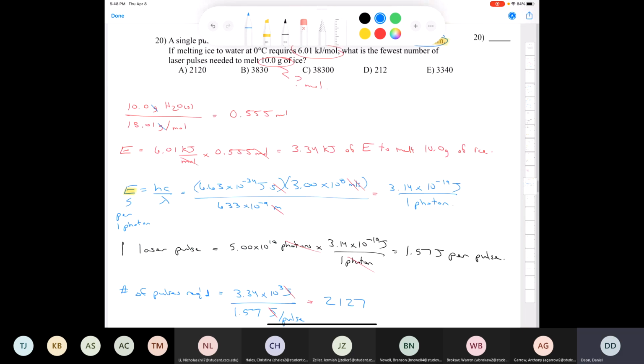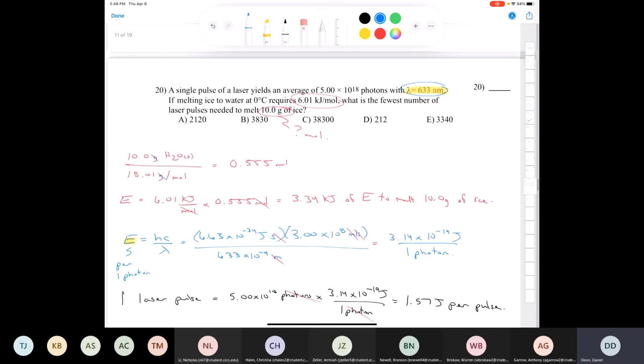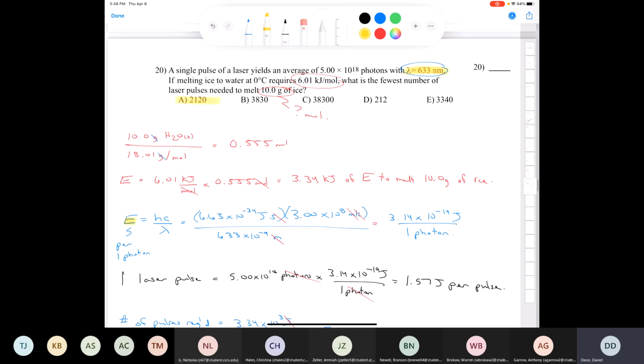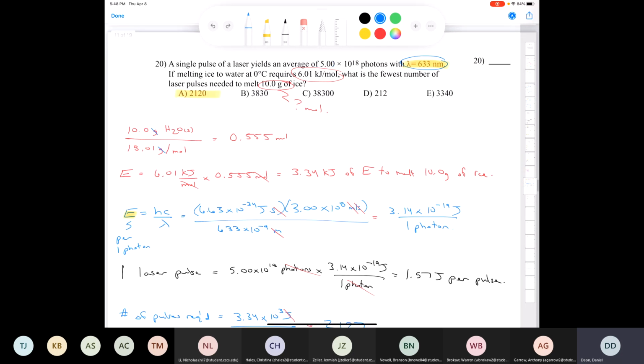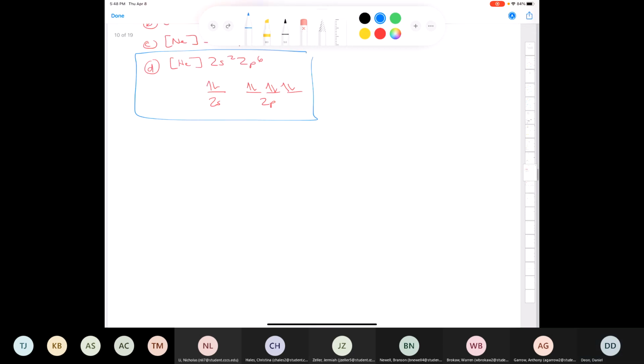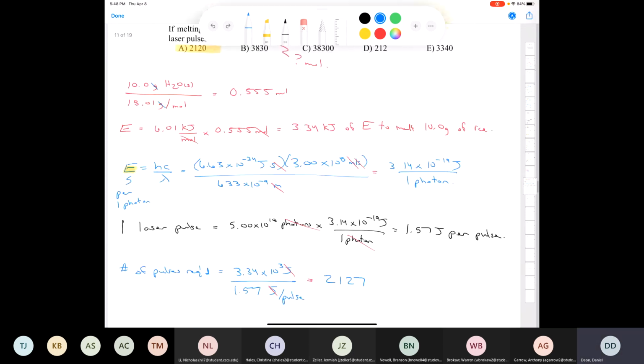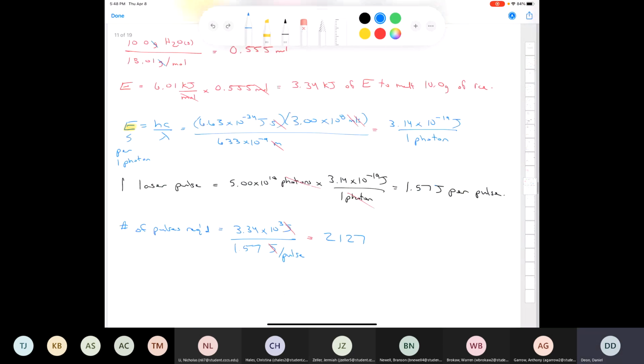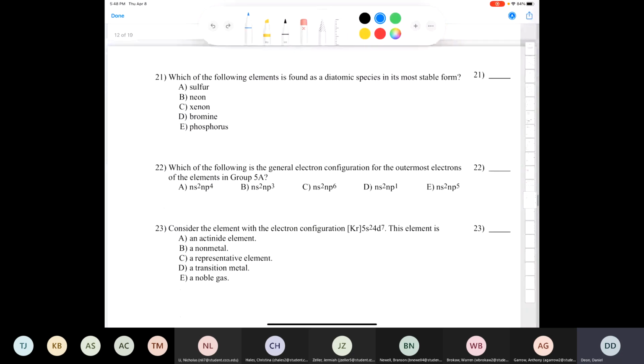2,127. If you go back to the answers here, you can see the one that's by far the closest is 2,120. I must have made some kind of rounding error somewhere along the way, because my final answer should only have 3 sig figs in it, right? Anyhow, you can see that it's definitely closest to this one, and I'm obviously not going to give you any question like this where the answer is so close that it's going to mess you up. So that's question number 20. Again, I have a question very similar to this one in the practice problems. Let's move on to